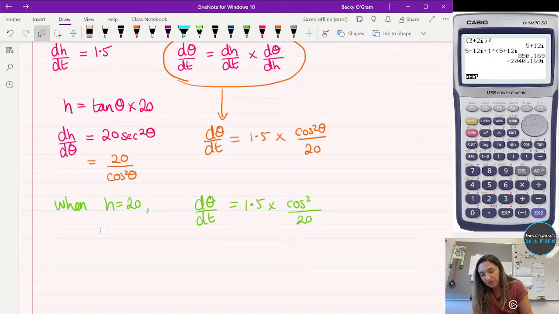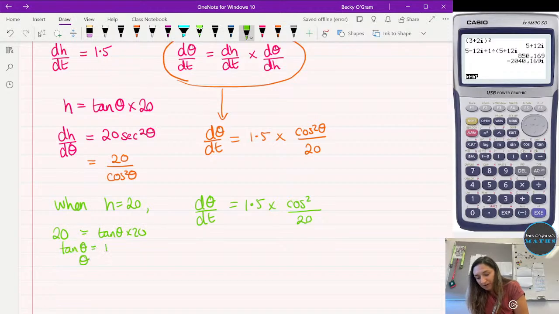So using the link between theta and h up here, we have h is 20, which is equal to tan theta times 20. So tan theta is 1, and theta, if we do inverse tan of 1,